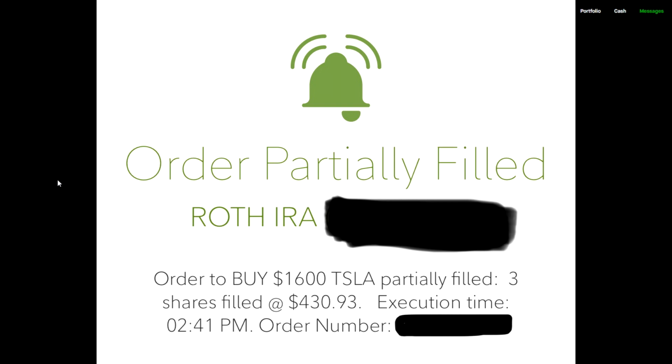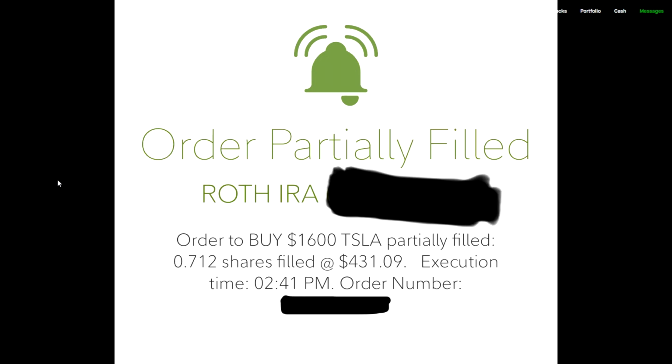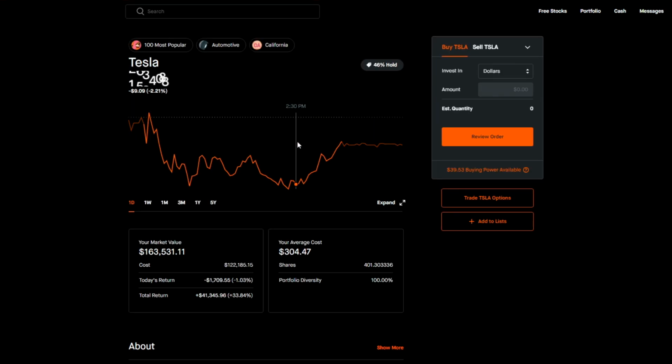p.m., and then we also have that last fractional share being added as well, in which it says it was partially filled at 0.712 shares at a price of $431.09, and that was also at 2:41 p.m. So if we take a look in comparison to the current price for Tesla, we are currently at a share value of $407.50, and like I just addressed from my purchase with Fidelity with a Roth IRA, it was at a value of $431. So it has dropped around $24 since then,